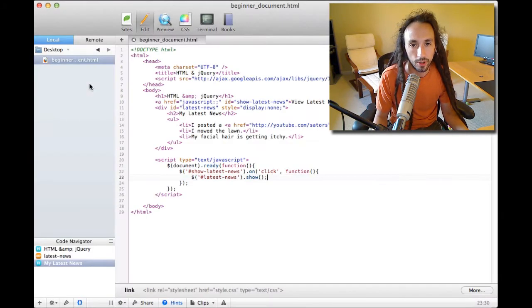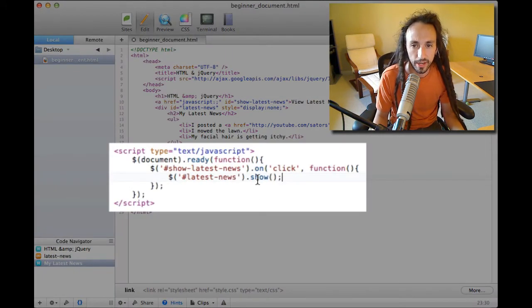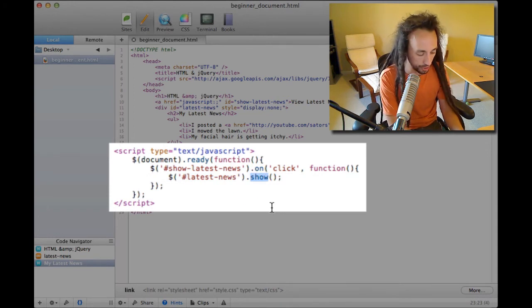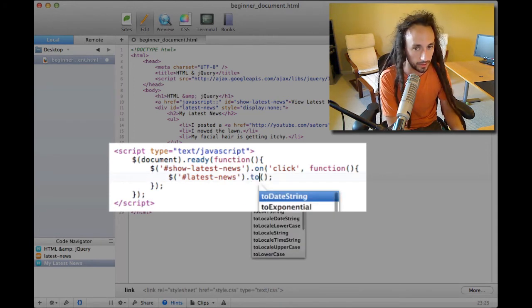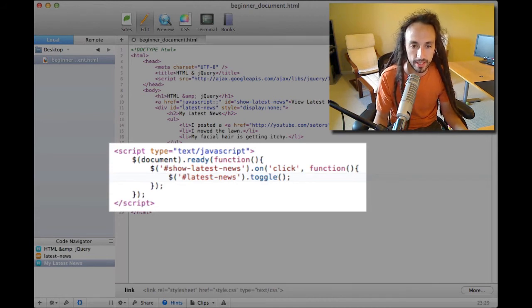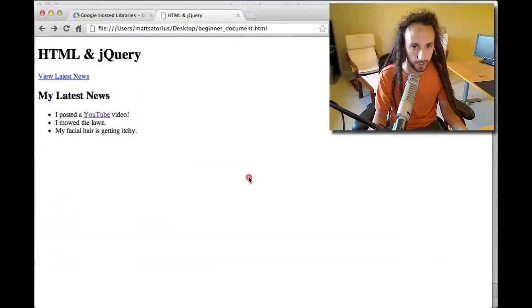All right, so jQuery has a handy function called toggle. And what toggle will do is it will first detect if the element is currently visible or not. And if it is visible, it will hide it. If it's not visible, it will show it. So every time I click, jQuery is going to check to see if it's hiding, then show it, or if it's showing, then hide it. So now I'll switch back, I'll refresh, and now every time I click, I'm either showing or